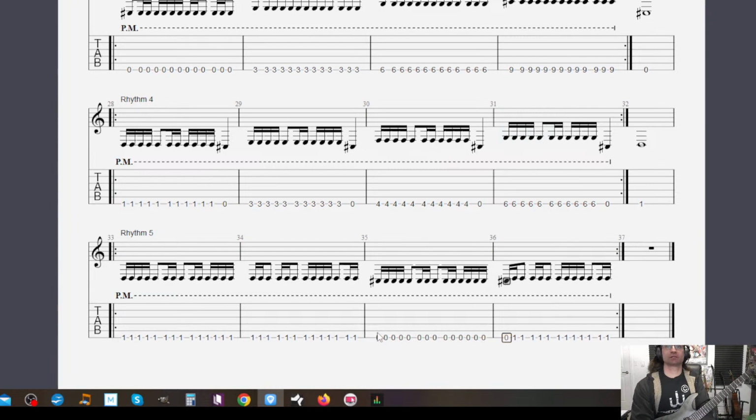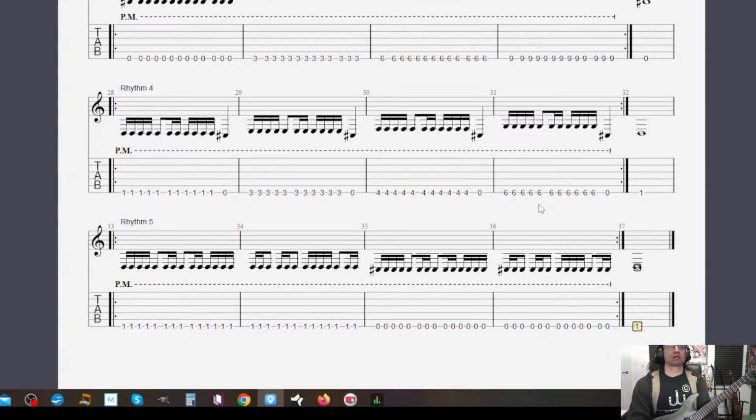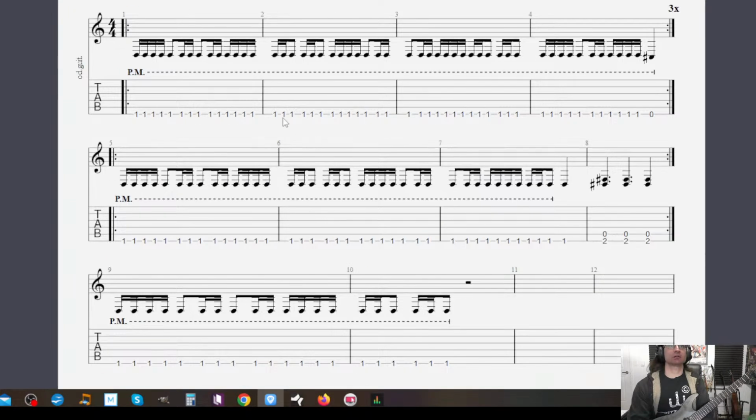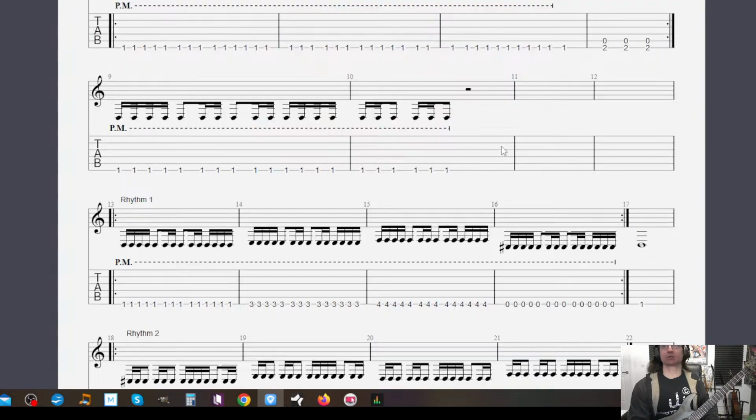So here we'll change notes every time the rhythm starts over again. A lot of times I want to change chords or notes each time a bar changes, but when learning a complicated rhythm like this, it can be easier to get it down if you stay on the same note or chord while the entire rhythmic sequence goes through.